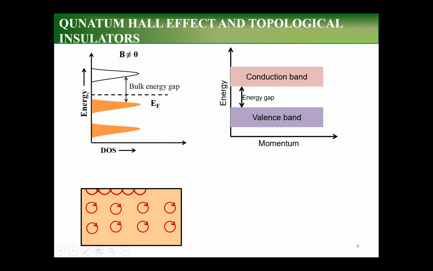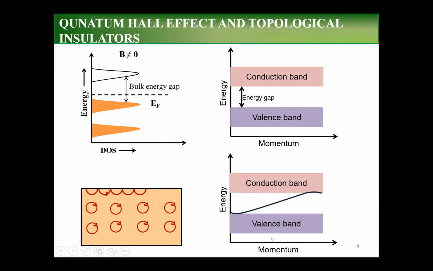thus moves in the forward direction. The electrons on the surface will not take part in the conduction. Only the electrons at the edges, due to the boundary, take part in the conduction. So we can say that the conduction takes place at the edges and not on the surface. This is very similar to two-dimensional topological insulators.